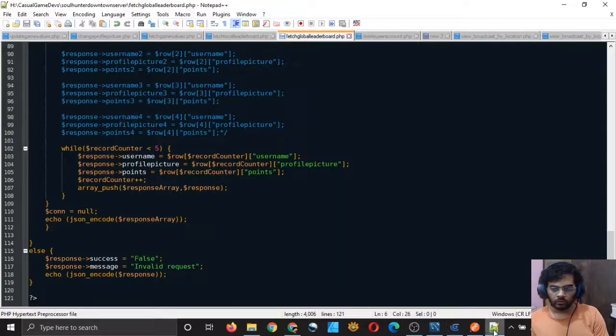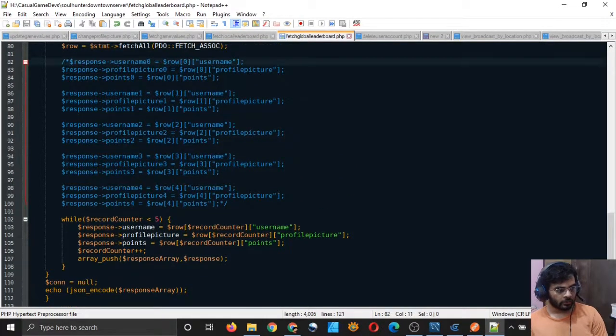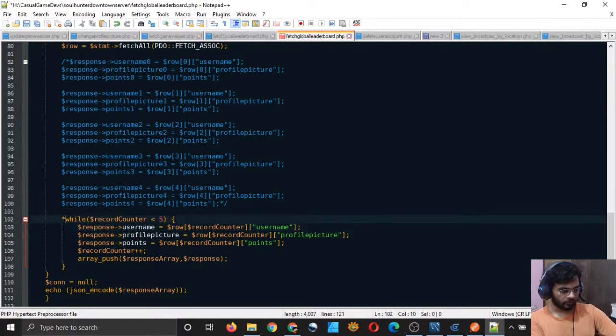What we should do now is change this up a little bit and do it the same way we are doing here. So what I will do is, although this is working, that will also work.